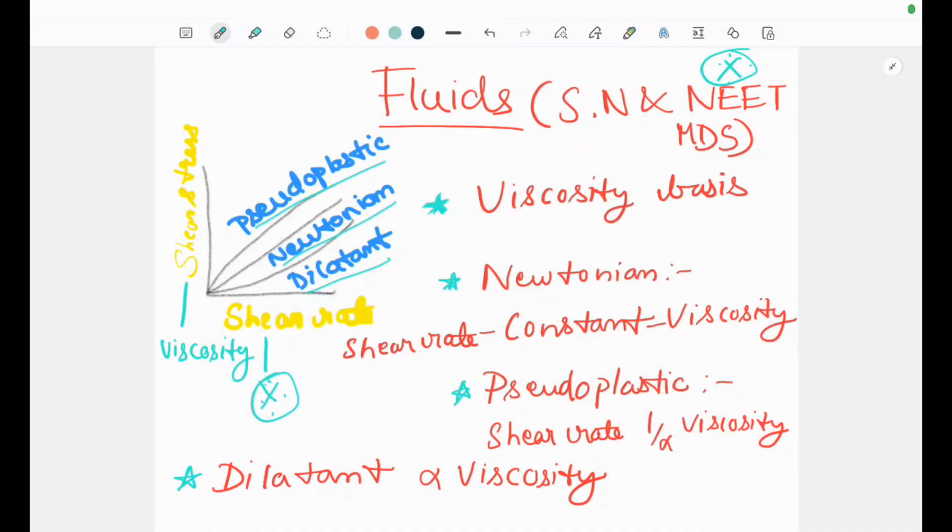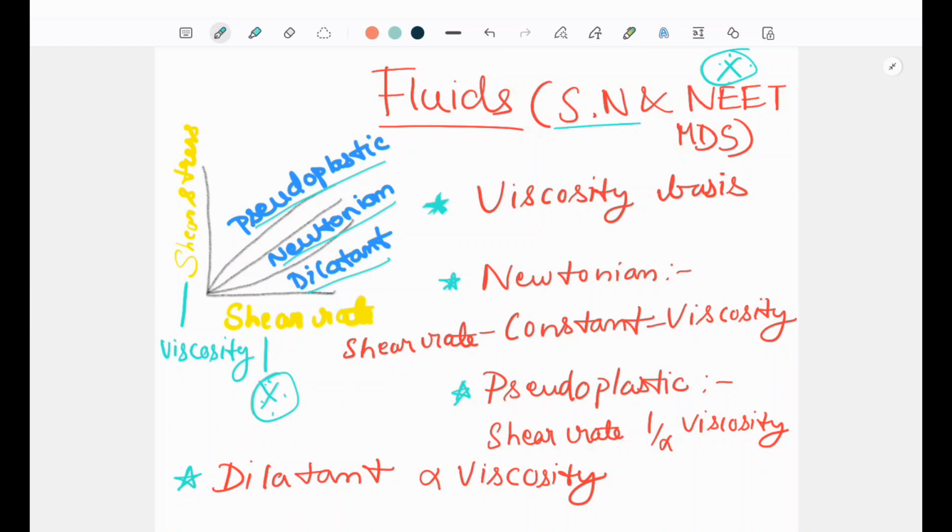Today we are going to look into a topic called fluids. Fluids can be asked in short notes, and it's an important topic with relation to NEET MDS. It's very important to draw this diagram on the top when it's asked in short notes. This diagram is mandatory. Shear stress is basically viscosity, whereas shear rate is when we apply a tension on the